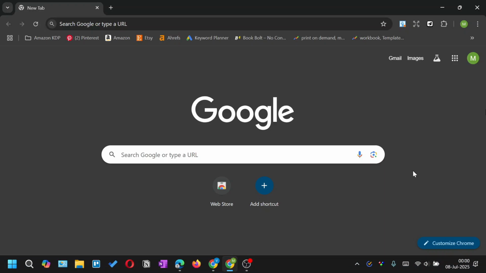The purpose of clearing the Chrome history could be different. It could be privacy, or it could, let's say, be speeding up your Chrome browser. So in any case, you can do that in just about a minute. First of all, you need to open the Chrome browser, and then you make sure that you are signed in to the